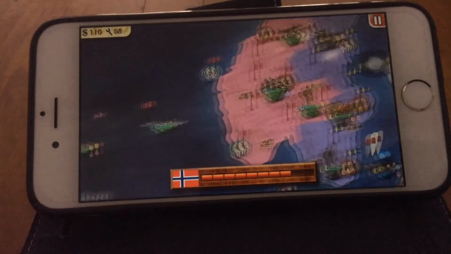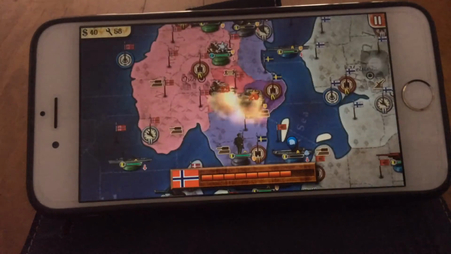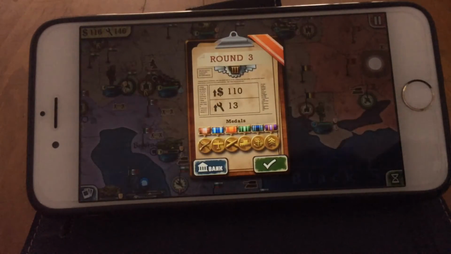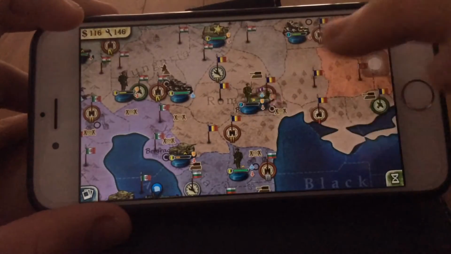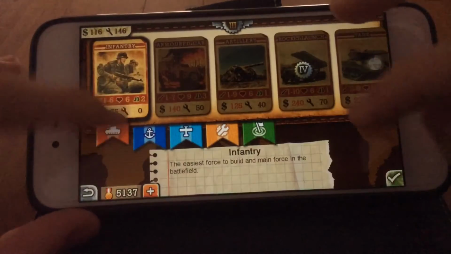Okay, so the Germans have failed to take the Danes out last round, and now the Norwegians are going to just take Stockholm in a couple of rounds. So let's advance to the east again. So we'll be leaving this infantry here, and